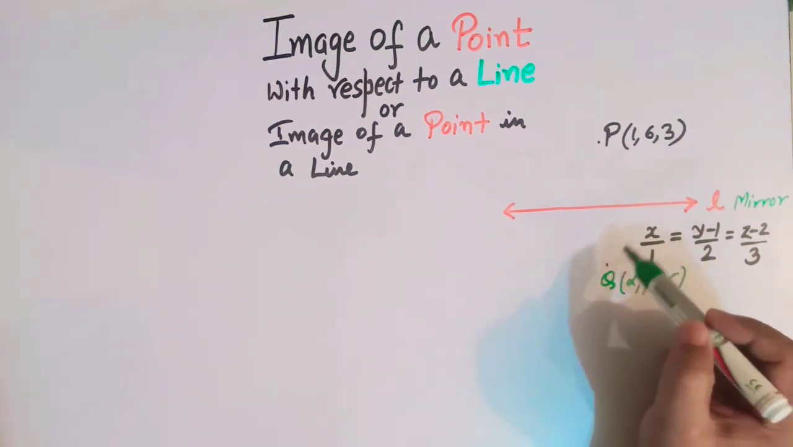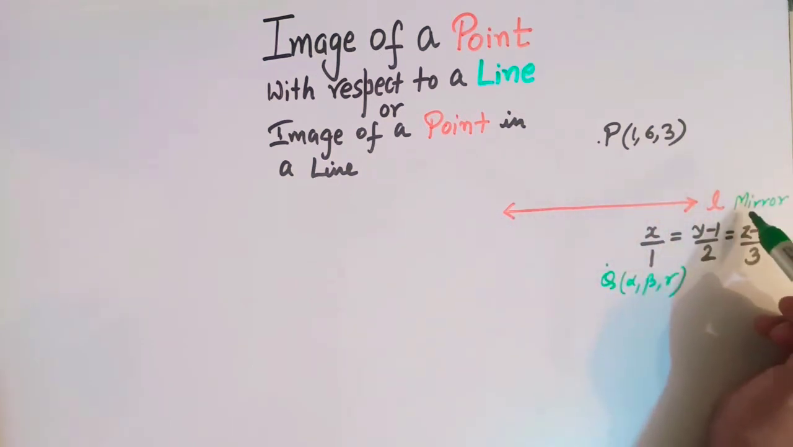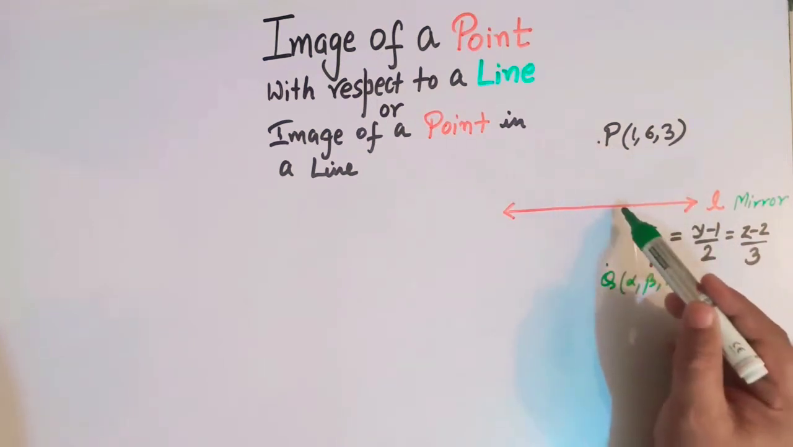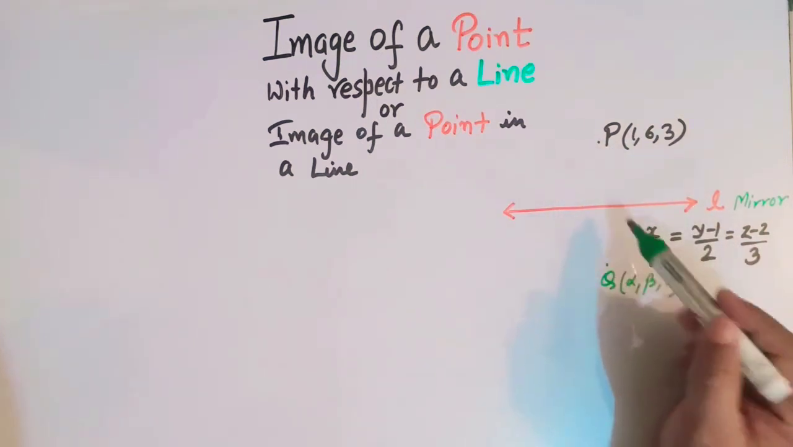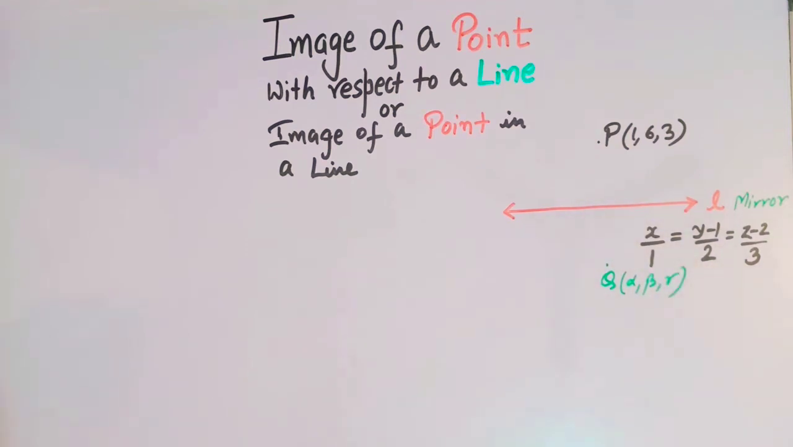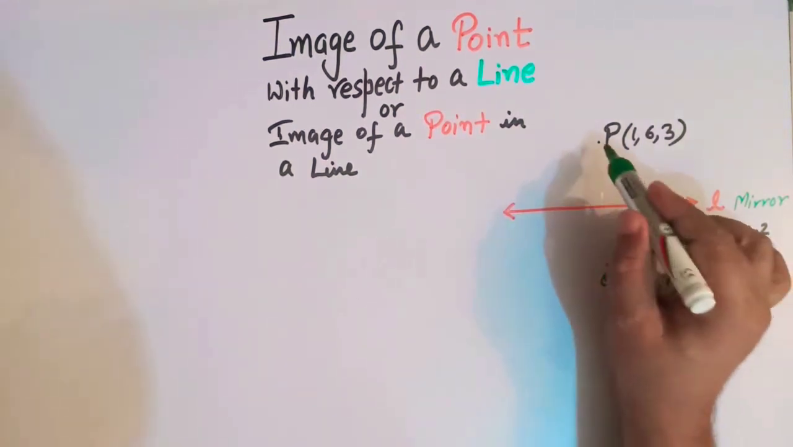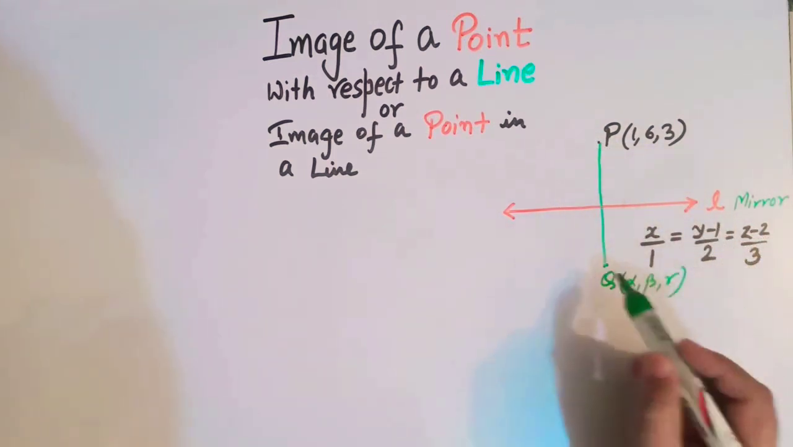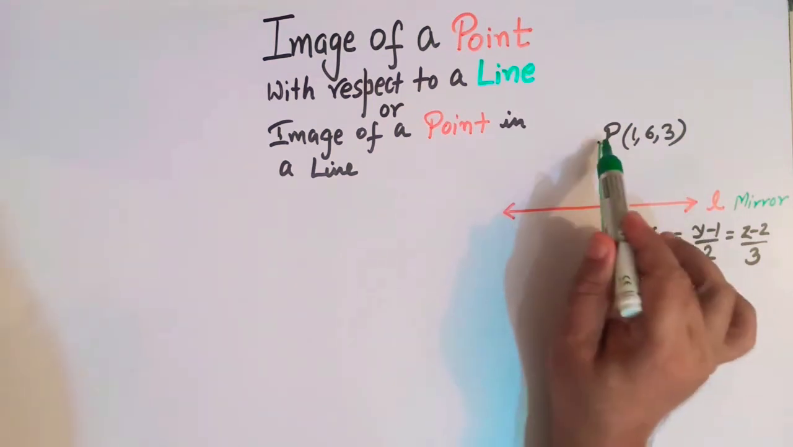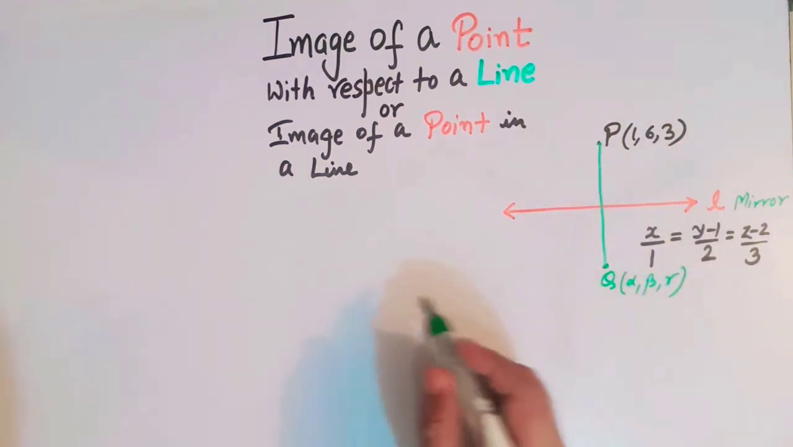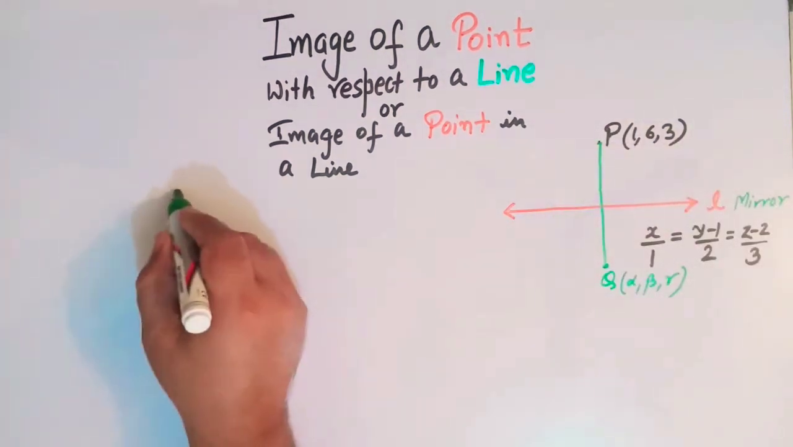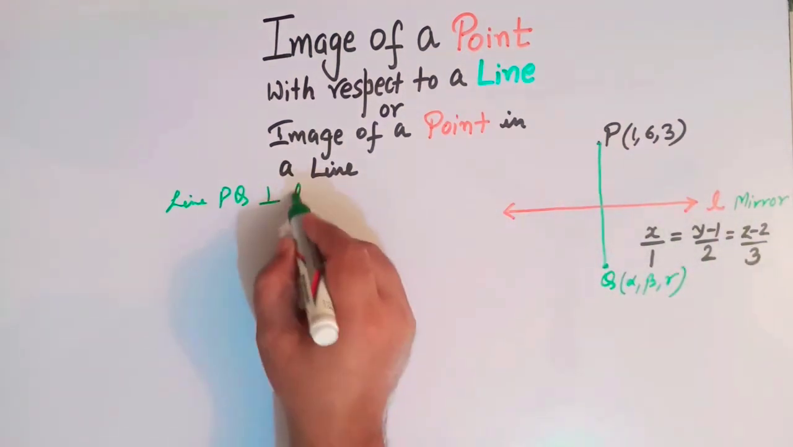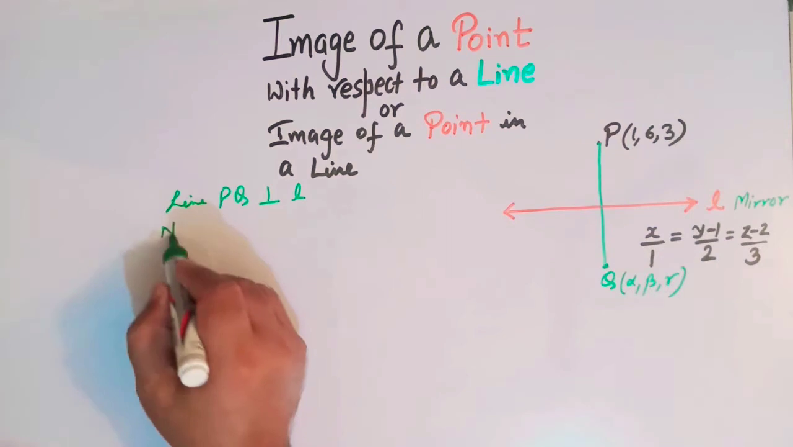And always remember, when this line L is treated as a mirror, then the distance of this point P from this line is equal to the distance of this image from this line, right? Now let us join these 2 points with the help of a line. So we have obtained here a line PQ, and which is perpendicular to the given line L, right? Now the DRs